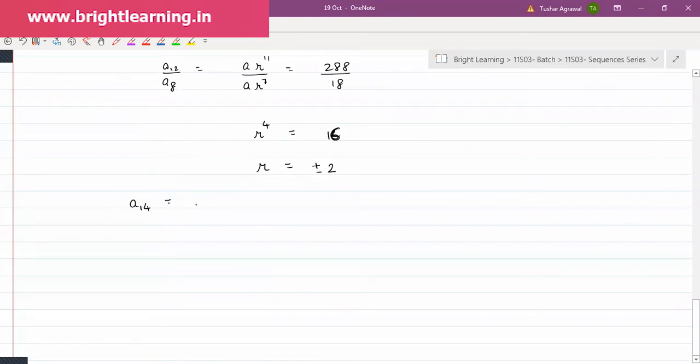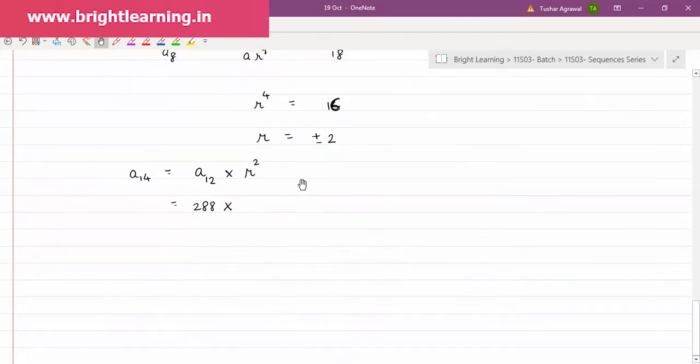A14 is equal to, don't use the formula, first term into r raised to 13. No need. Why are you starting from the first term? Start from the 12th term. That value is already given to you. From the 12th term, 2 steps ahead means r square. So what is the value of the 12th term? The 12th term is given to be equal to 288, and multiplied by r square, and r square is 4. So A14 is equal to